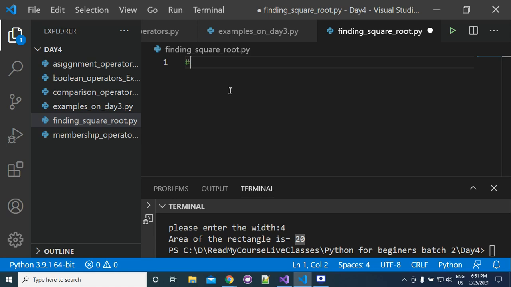If I ask you what will be the value of square root of 4, can you give the answer? It will be 2. Okay. So can we write it like this? It is equivalent to 4 double star 1 by 2.